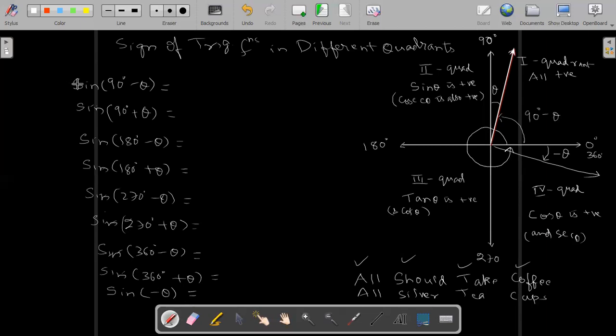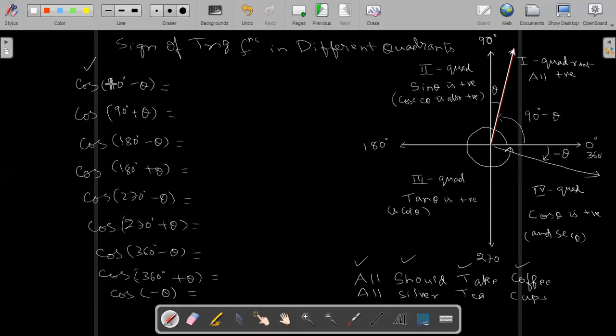Now we will see the sign. Sine is getting confusing, so I will take cos. Remove all these signs and I will show you with cos; after that we can do it for sine also. For any trigonometrical ratio we can do this: cos 90 minus theta, cos 90 plus theta, cos 180 minus theta, cos 180 plus theta, cos 270 minus theta, cos 270 plus theta, cos 360 minus theta, cos 360 plus theta, and cos minus theta. Now we see in which quadrant each lies. First of all, you have to see the sign, plus or minus, of cos.